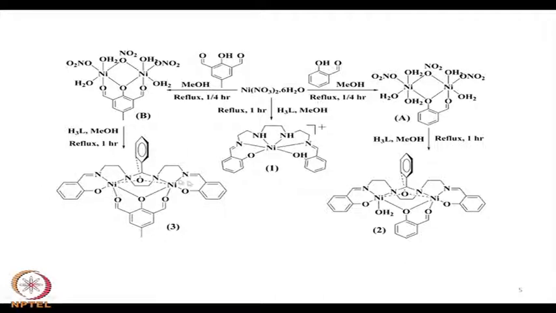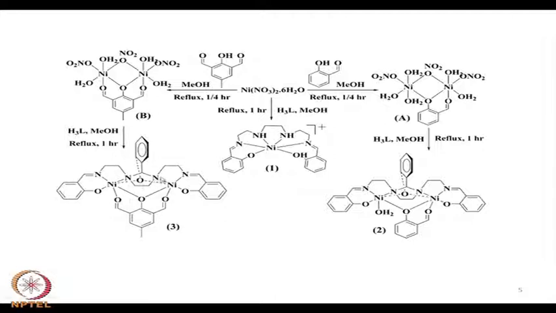So, we go for a system where you have nickel nitrate as the salt, and this is another example of a binucleating ligand. It is a very simple ligand you can make with a long-chain amine, the well-known triethylene tetraamine. These 4 nitrogens come from the triethylene tetraamine backbone. If you react triethylene tetraamine with salicylaldehyde, on two ends you have the salicylaldehyde as the Schiff base, but because of the availability of two adjacent NH functions, you can make an imidazolidine ring also.